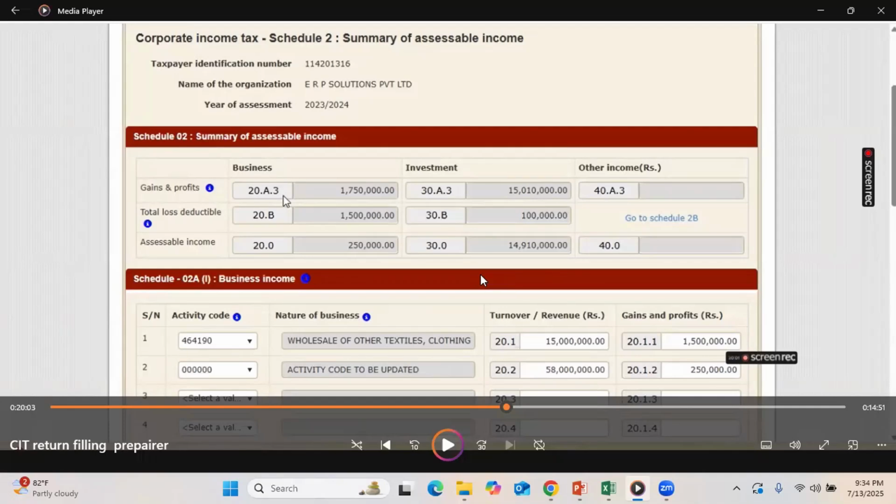But as a summary, just have this idea: Schedule 2A is to disclose the income from the business and investment, and Schedule 2B is to disclose the brought forward losses and the current year losses from the business and investment, right? And then under this Schedule 2B,